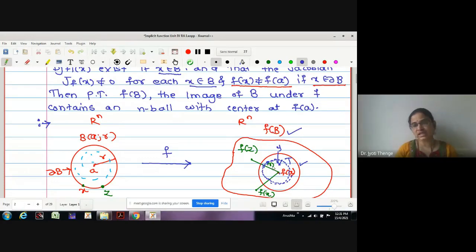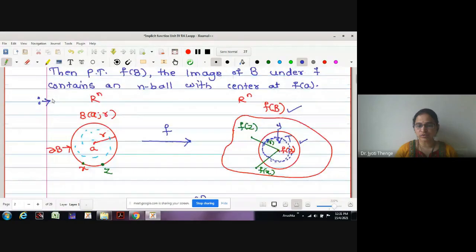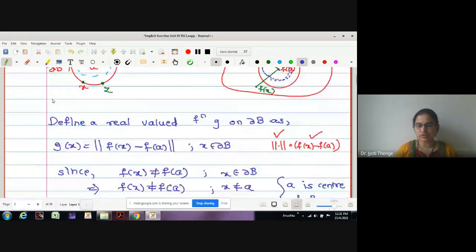Once we do this, it will be proved that this T is contained in f of B. The same way we were using in order to show the inclusion relation in case of sets, no? Subsets rather. Okay, is the point clear to everyone? If the sketch is understood, then one can understand the proof of this theorem.